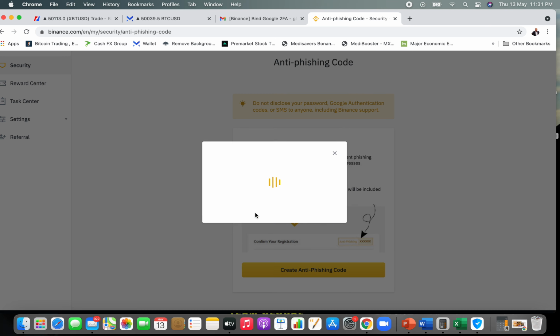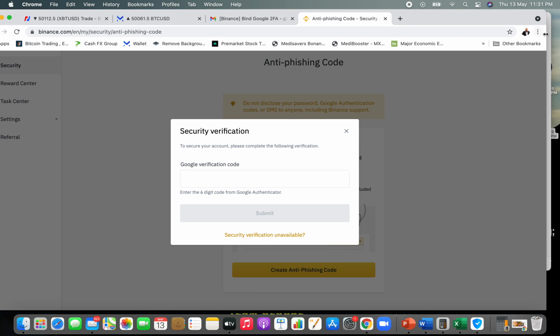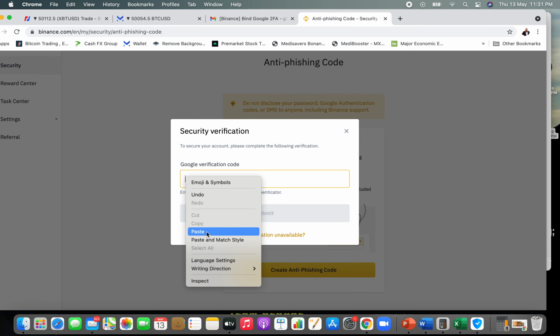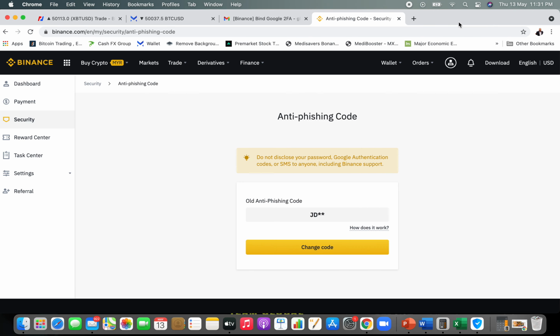So now you can submit. All you need to do is verify. I need to get back to my authenticator over here and verify. I've got about 8 seconds, no, 2 seconds. Let me just wait. Okay, that is it. Let me copy this and paste it over here. Now my account is verified, and my account security is ready.